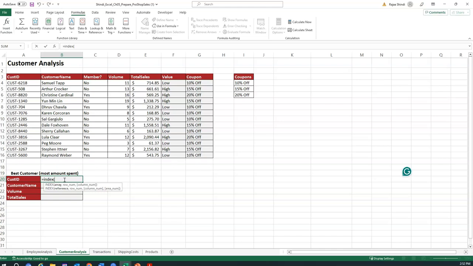So the range will be my table, A4 through G16, and I will just go ahead and lock this because I'll be needing to copy it. So use match, lookup value. This is interesting because it says